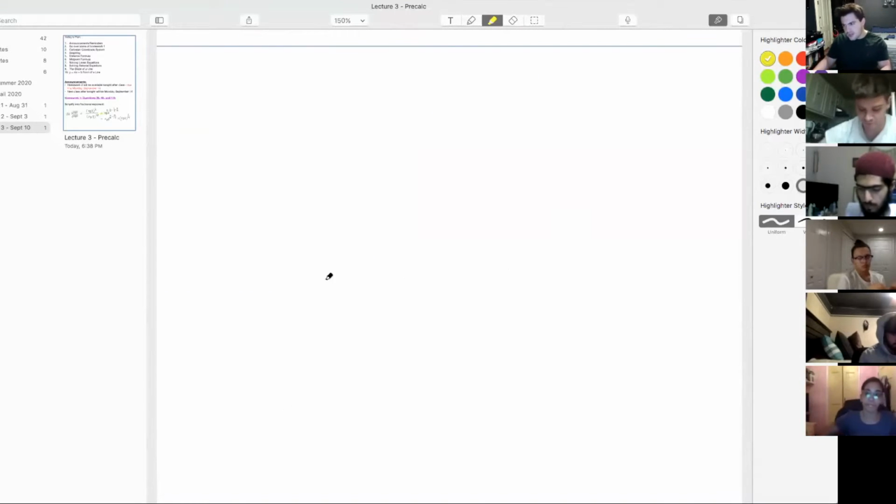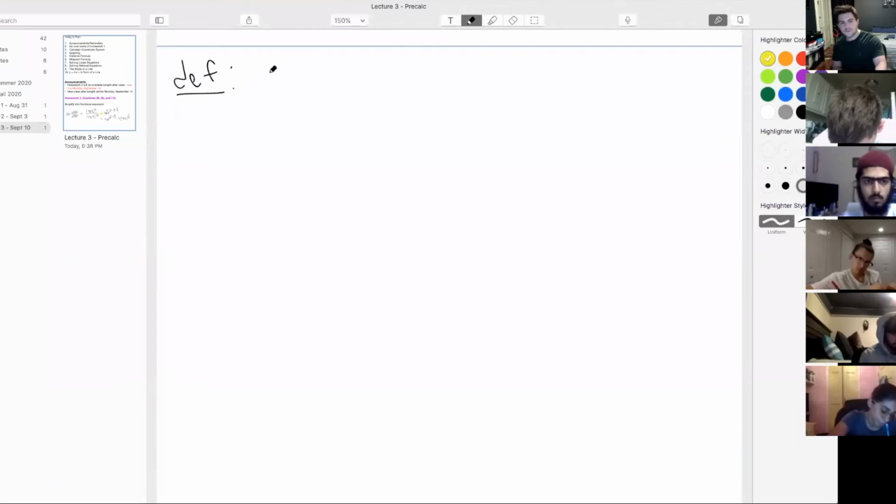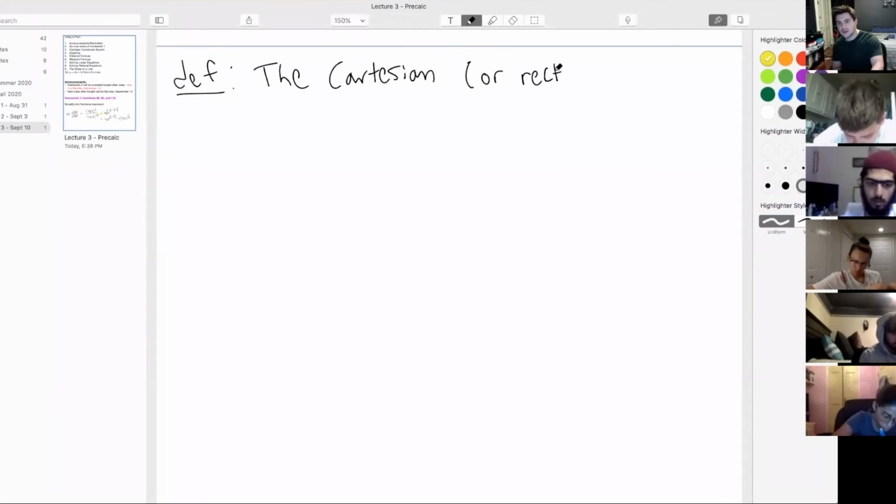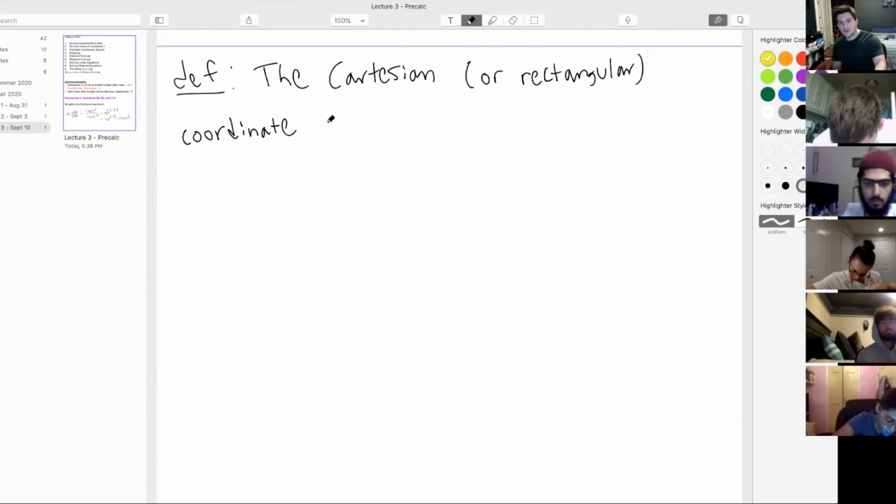So we're gonna do the Cartesian or a rectangular coordinate system, all right, or like the XY plane. So let's start with the definition here. So definition. So the Cartesian, or sometimes called rectangular coordinate system